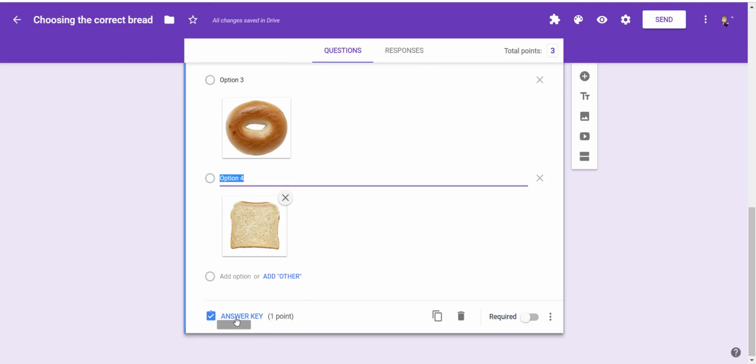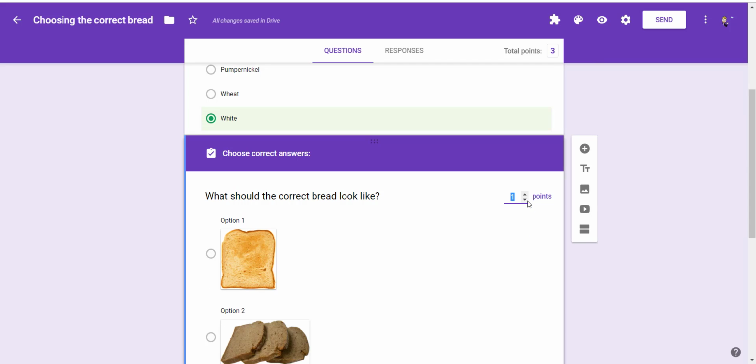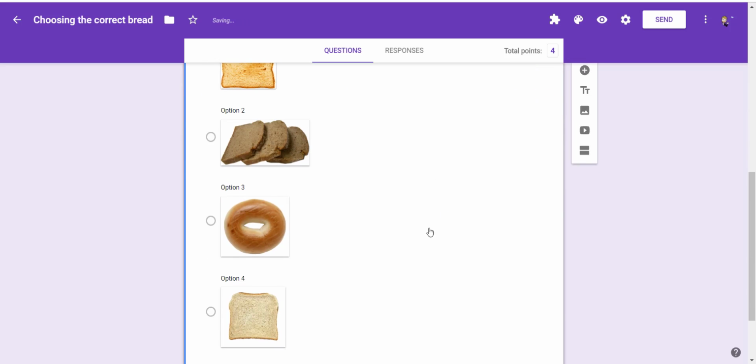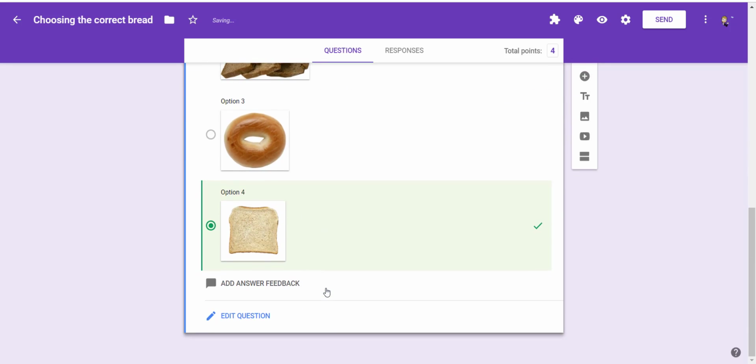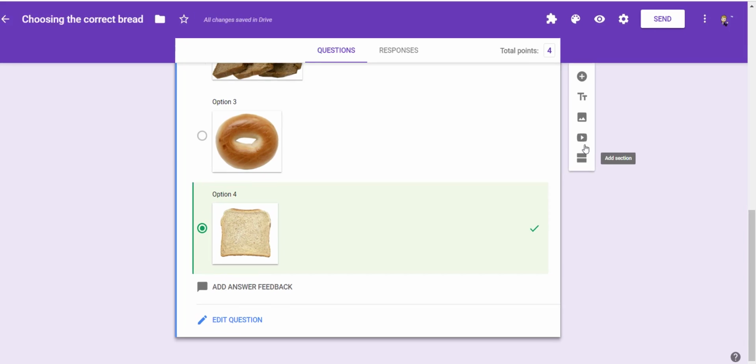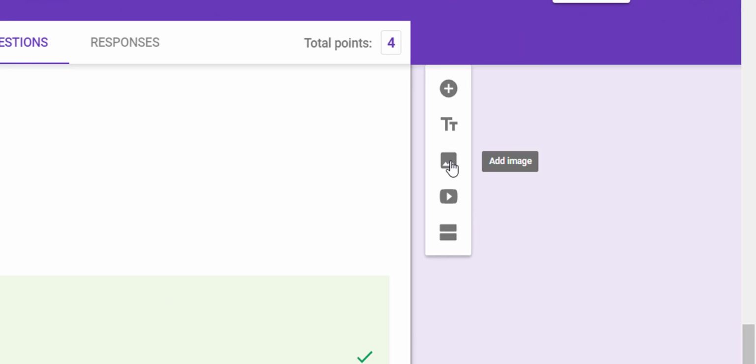Perfect. And again, I'm going to go into my answer key. I'm going to award 2 points for this, and I'm going to select this as my correct answer. And I'm not going to provide any feedback for this question. Now, on this Google form, I can also add things like videos, pictures, different titles and descriptions, and I can